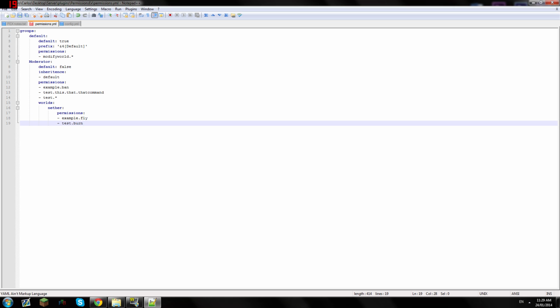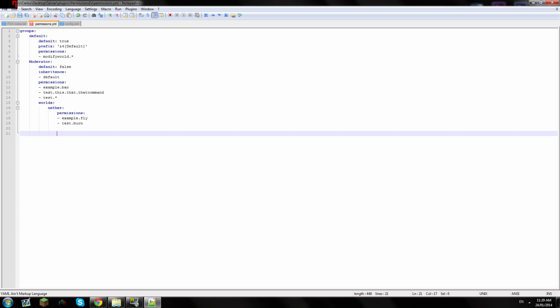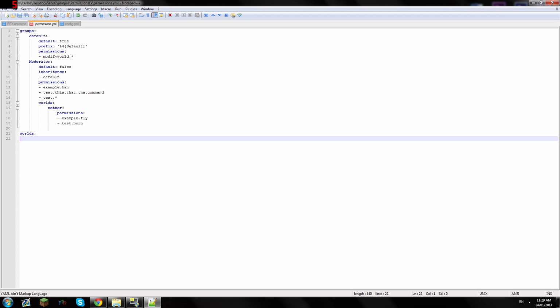Whatever you want. And if you add another section down here, let's just get rid of all this. And we can add another whole section called worlds. I keep having to do this because I've never done this before, because I never really realized you could do that unless it's a new feature, because last time I actually ran a server and used permissions was a while ago. So anyways, worlds, and then you can have it inherit